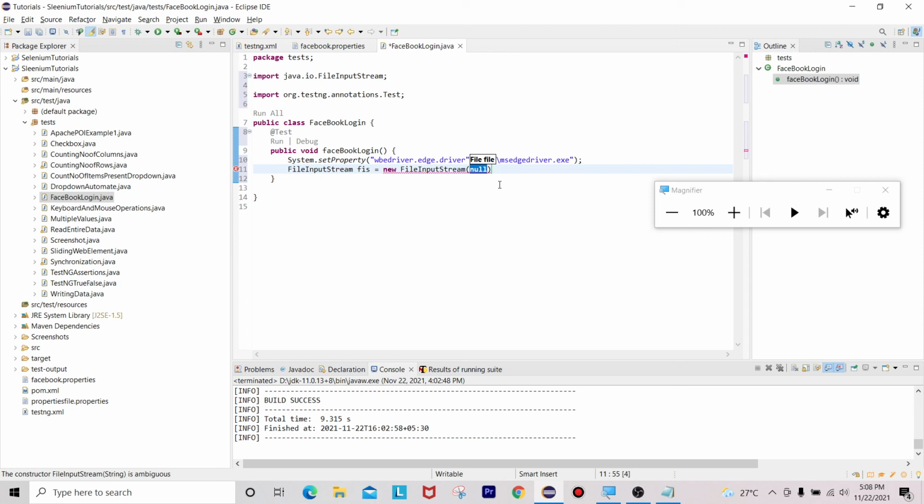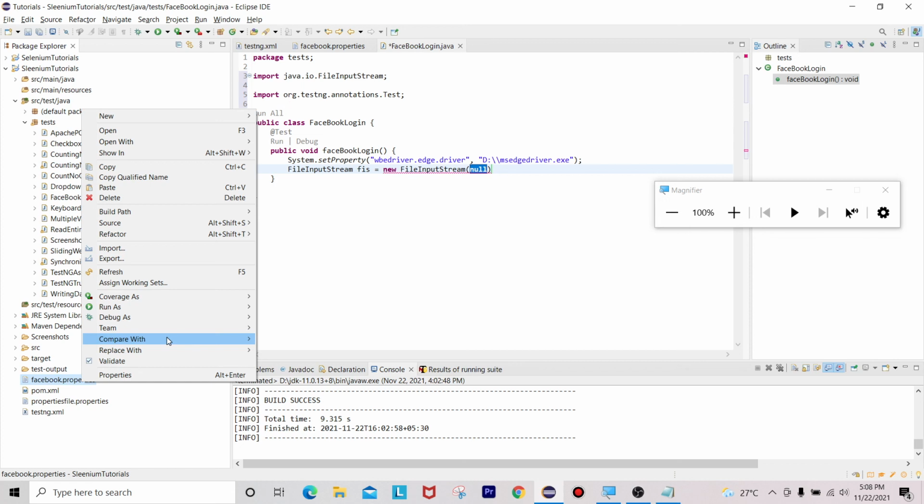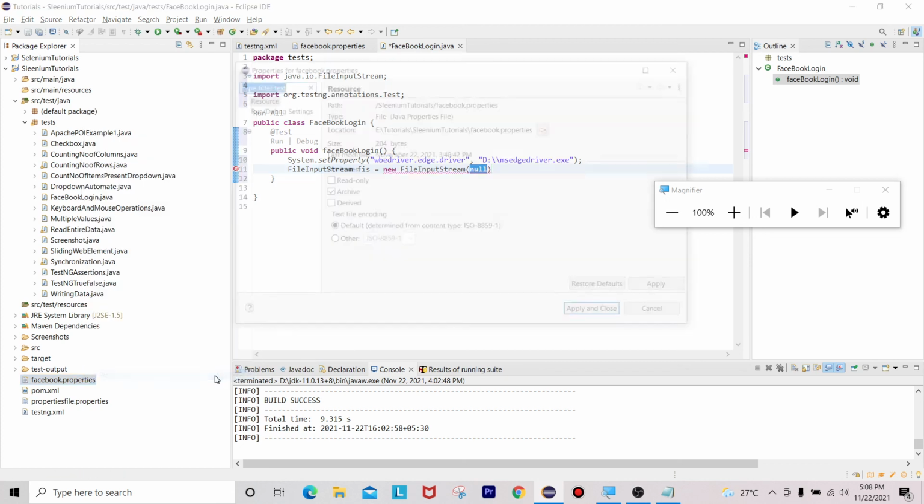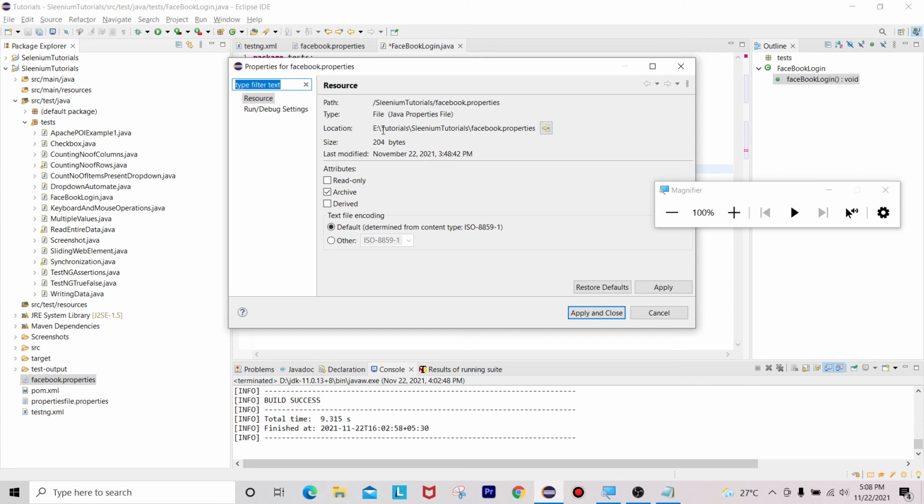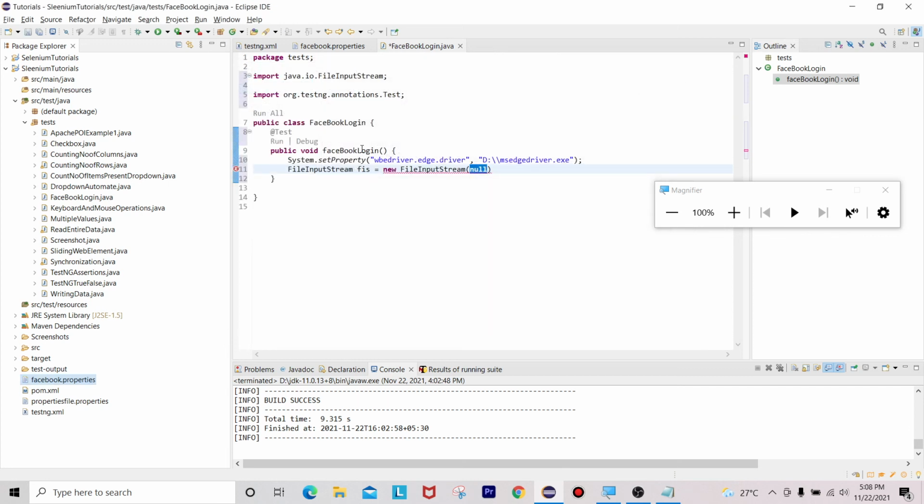Here we are creating our properties file inside our project only. I don't want to mention the whole path, see what you are getting here, I don't want all this path. That is not a good practice. So for this, I will just mention my directory path here. How can you write that one?